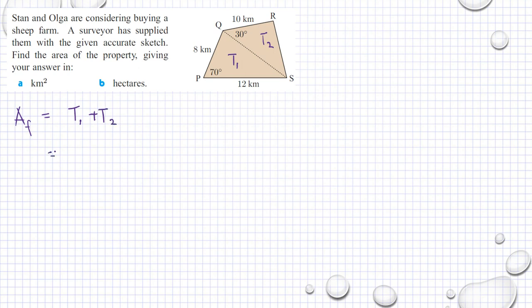So if we have triangle 1, that is 1/2 times 8 times 12 sine the included 70 degrees plus 1/2 multiplied by 10 multiplied by, we don't know, that's x, we call it x, times sine 30 degrees. Let's find x first. How do we find x? We can find that by using